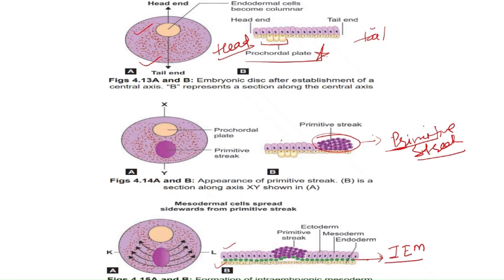So the intraembryonic mesoderm is also derived from the ectoderm, because the primitive streak forms inside the ectoderm. So for the further detail we will study in the next